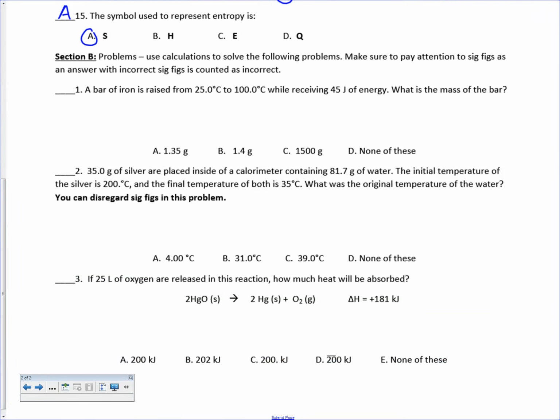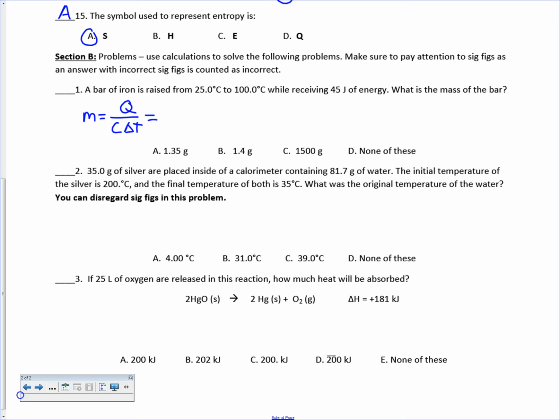All right, so down here to the problem section of this, we've got this first one here is a Q equals MC delta T problem because it's given us some information about heat and change in temperature, but we only have one thing here. It's not a calorimeter. So first you have to figure out what it's asking for. It says, what's the mass of the bar? So we know that mass equals Q over C delta T,